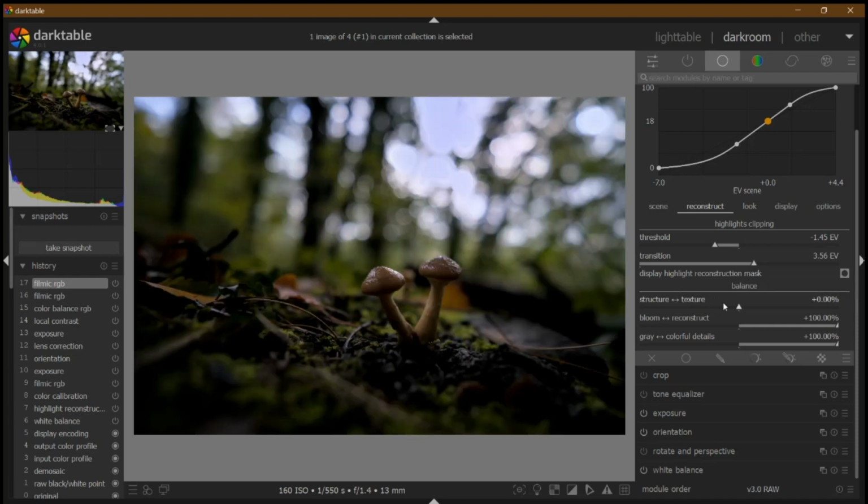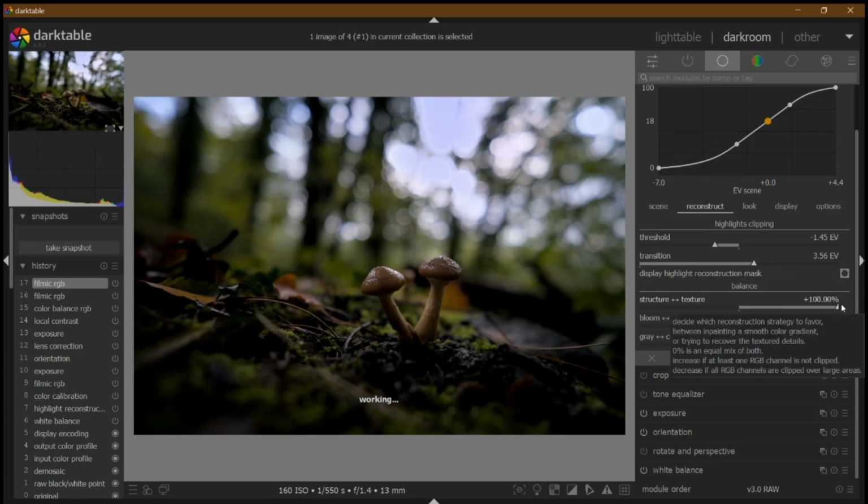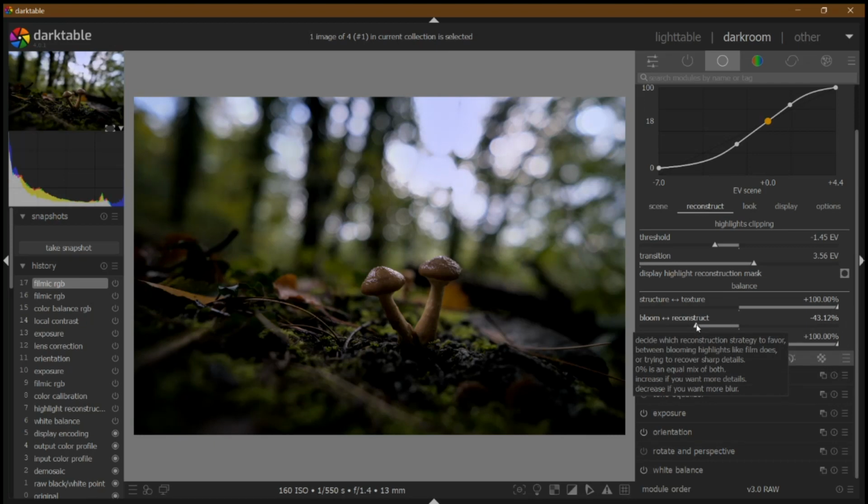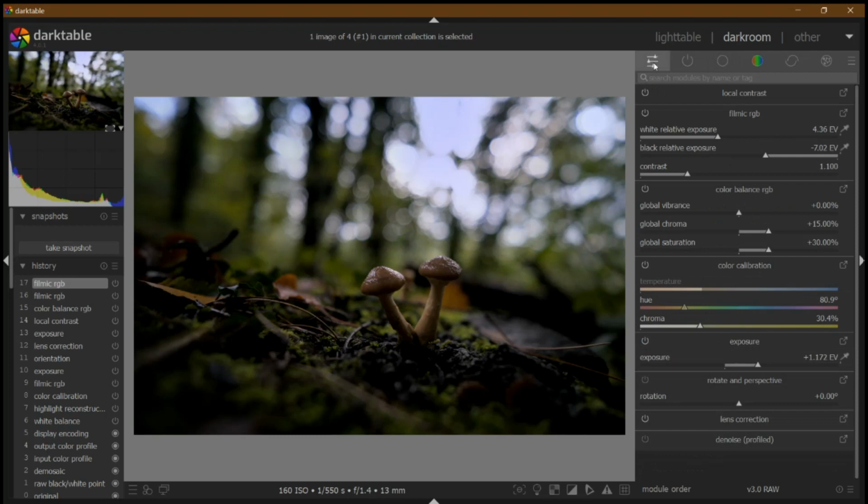There we go, already there's a big difference. I then bring the texture up, which I like to do. And I like to put the bloom construction down. There we go, perfect. You can adjust this as needed. But I think that looks good. The colors match everywhere, it's looking nice. That is the most complicated part, understanding Filmic RGB. But it's quite a simple